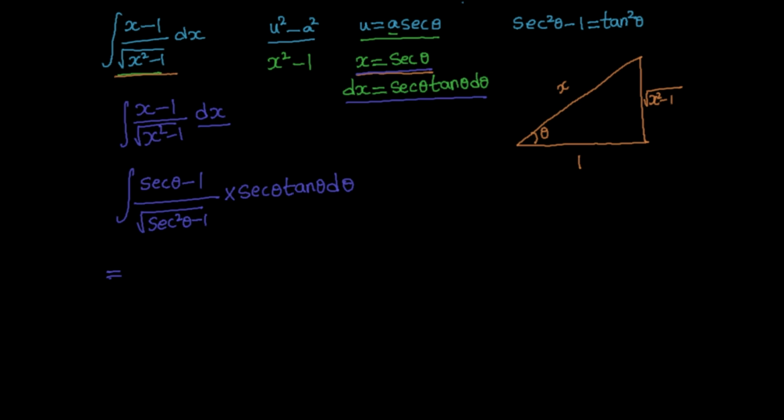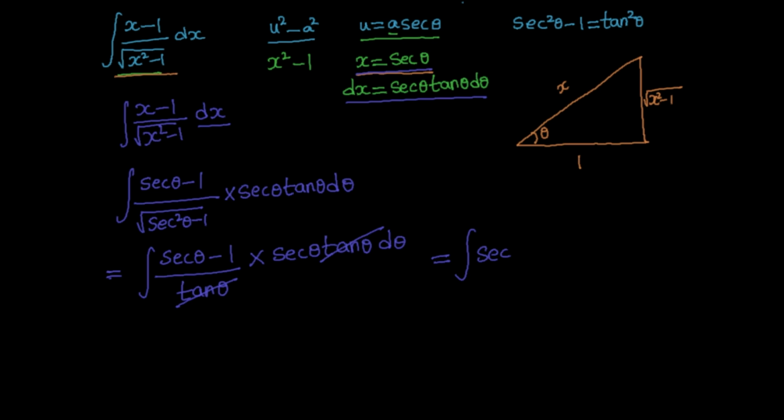So this will be equal to secant theta minus 1 by tan theta into secant theta tan theta. Don't forget d theta here. This tan theta and this tan theta cancel out, and you're left with integral of secant square theta minus secant theta d theta. And we all know the integral of secant square theta is tan theta,